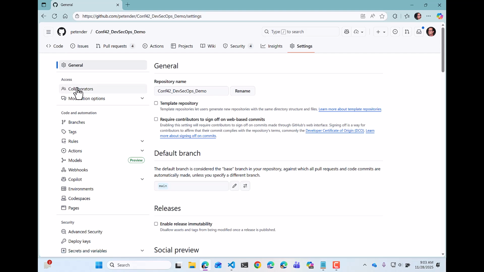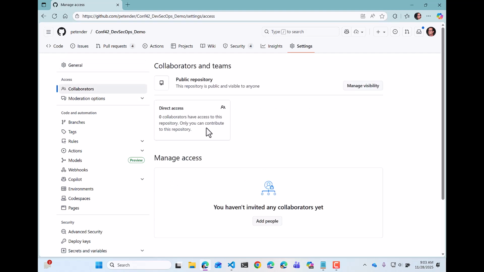So if we move to collaborators, you can see over here that it expects direct access. It's a public repo, as you can see over here. And down here, I could explicitly invite people who could now collaborate. Now you could think, wait a minute, Peter, it's a public repo. Doesn't it mean that everyone can just contribute? Well, contributing is not exactly the same as collaborating. So this means, for example, they can manage repos, they can manage permissions